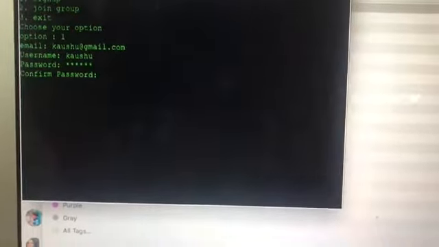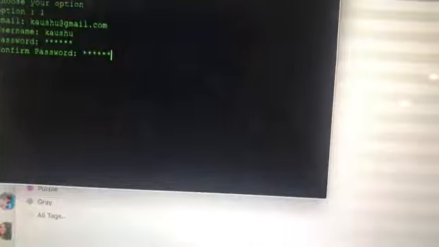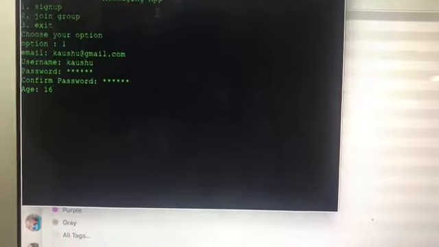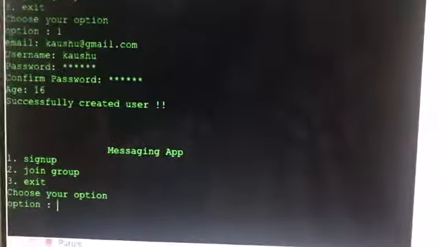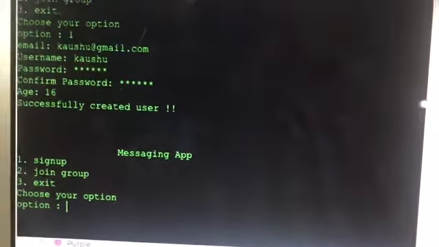Password, so give some password, ABC123. Confirm, ABC123. Age, so put age is 16, and wait for the user creation to happen. So it shows that successfully created user.